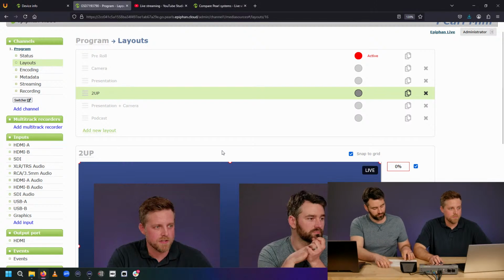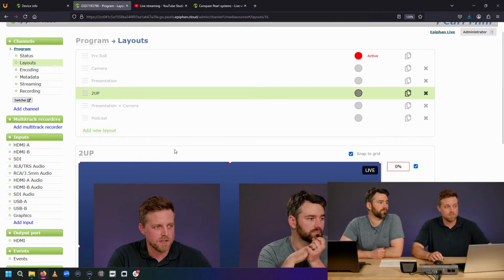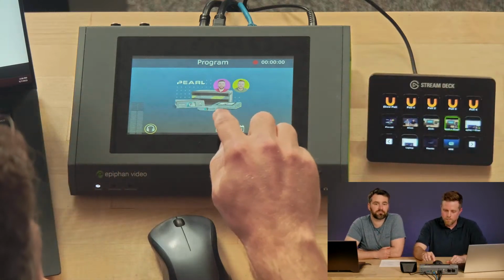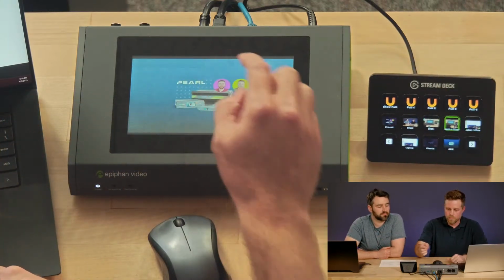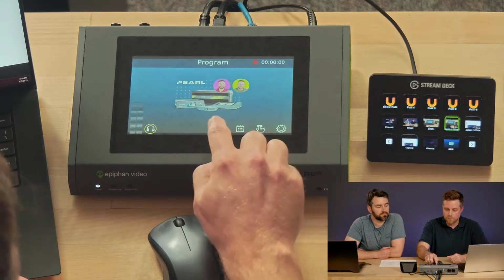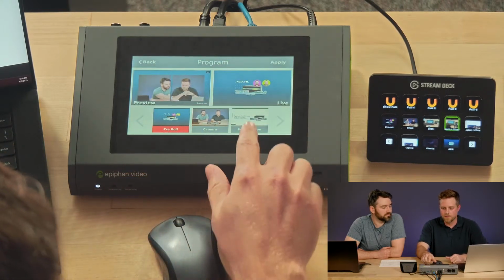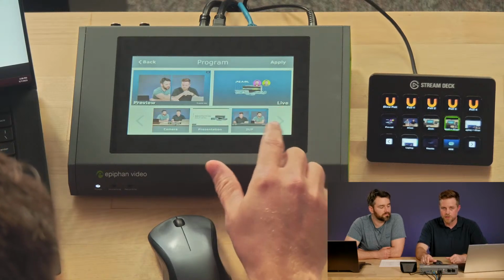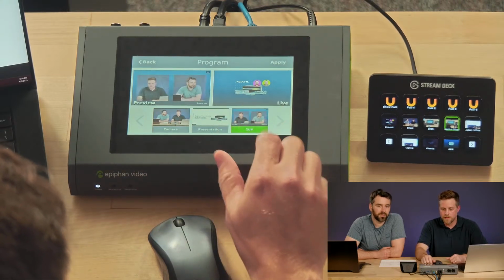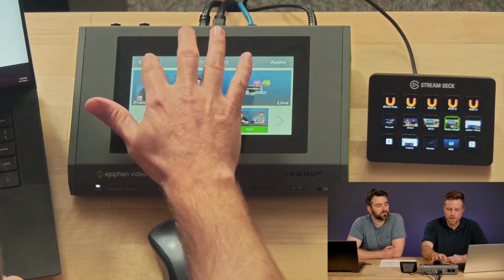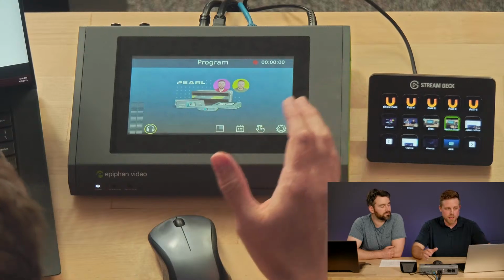Awesome. Now, just lastly, to wrap up this channels and layout segment, we've got our program channel now on this device. Why don't we show the device? Yeah, there we go. Okay, so there's one channel here, but if we go to layouts, and we'll get into this switcher in a minute, we're going to be able to see right away here on the touchscreen all of those layouts we created. And we can do the switching right here on the touchscreen. But we'll come back to this in a minute. For sure. But right now, that's the only channel we have on this device.